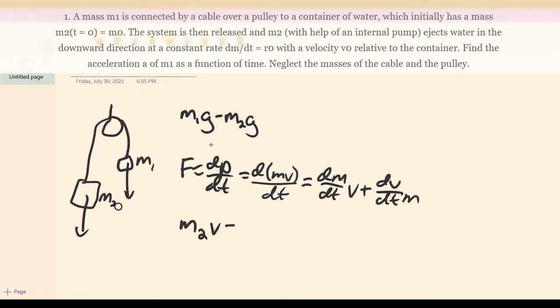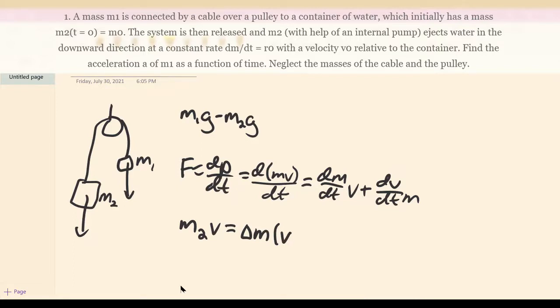And this has to be equal to the sum of the momentums from the water leaking out and the mass moving up afterwards. So if the mass of the water leaking out is delta m, then the velocity of this